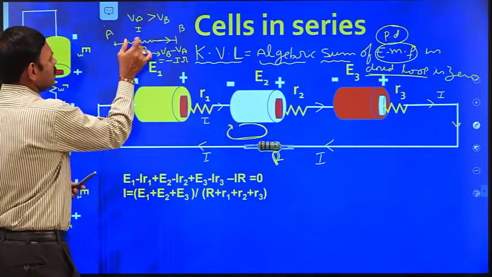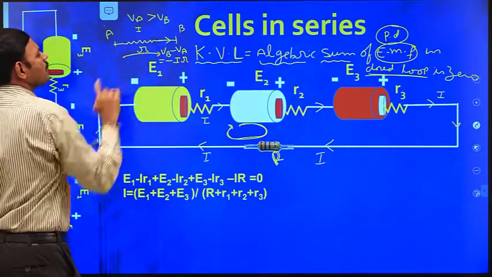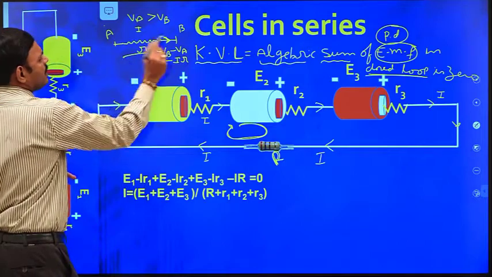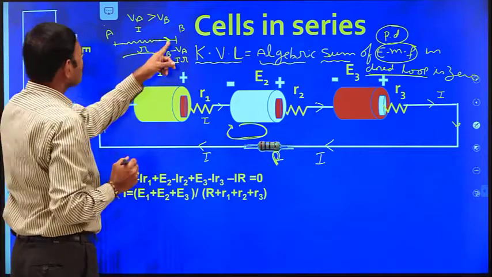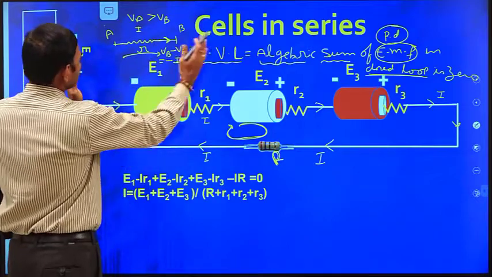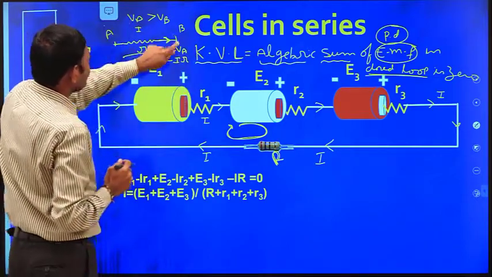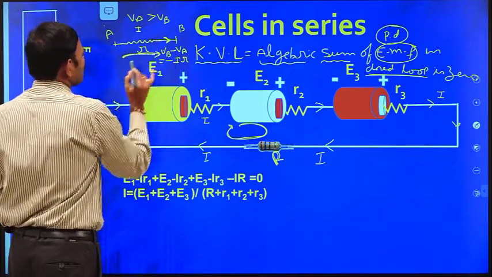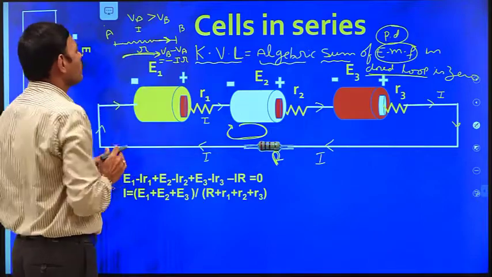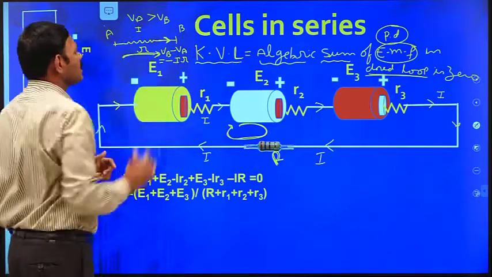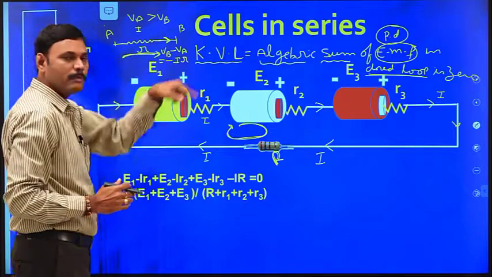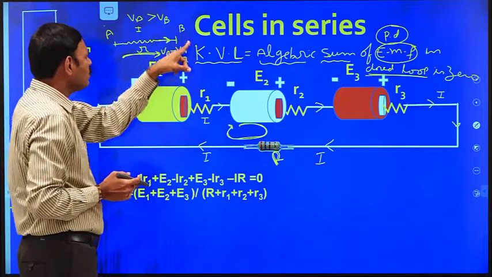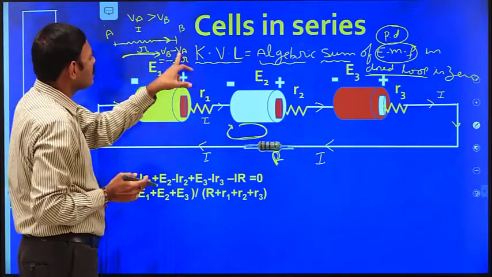So, let us consider a resistor of resistance r, and current I is passing as shown in the diagram. As current is passing through this resistor in the right side direction, A must be at higher potential and B must be at lower potential. Applying the potential difference expression in the arrow mark direction, the final potential is VB, initial potential is VA, so potential difference is VB minus VA. VB has less value than VA, so the potential difference is negative. According to Ohm's law, it is minus IR.